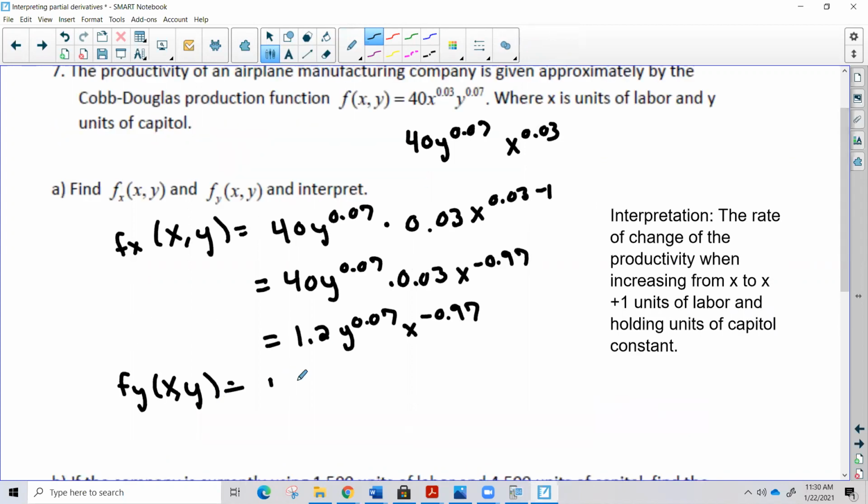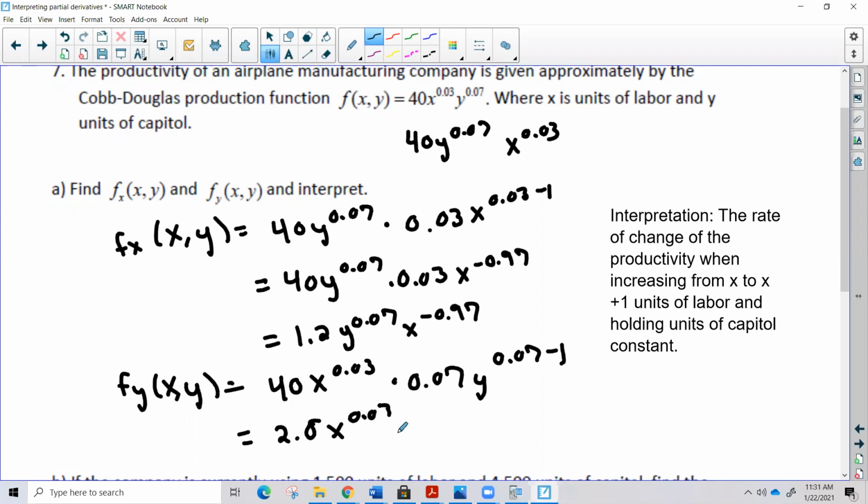So I'm going to leave this 40X to the 0.03, but then I'm going to multiply by the derivative of the Y to the 0.07. So I'd have 0.07 Y to the 0.07 minus 1. And then just to save a little bit of space, I'm going to multiply the 40 times the 0.07, which is 2.8x to the 0.03, and then I would have Y